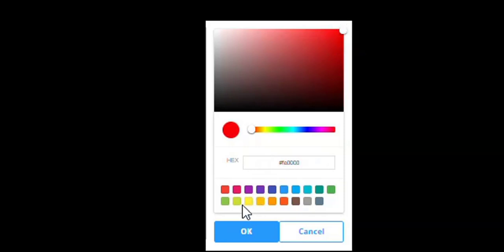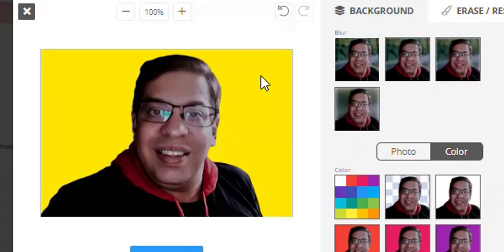So here you can either select yellow color, you can drag it to the rightmost top and say OK. So now it's yellow color.